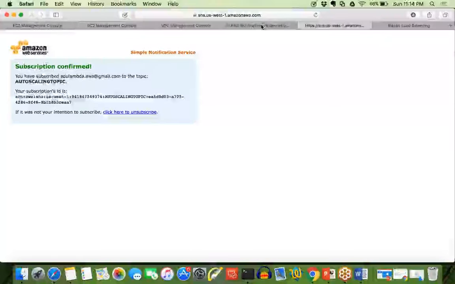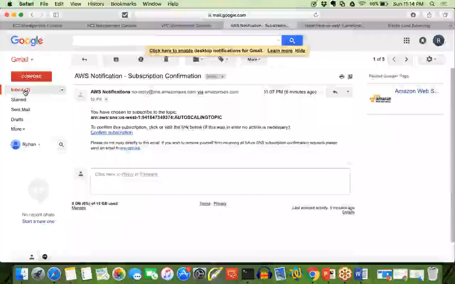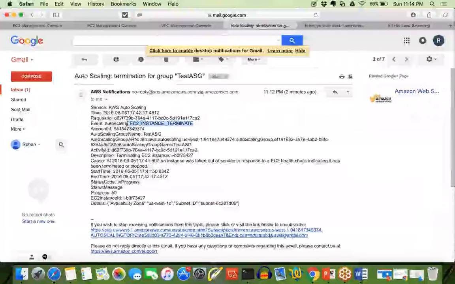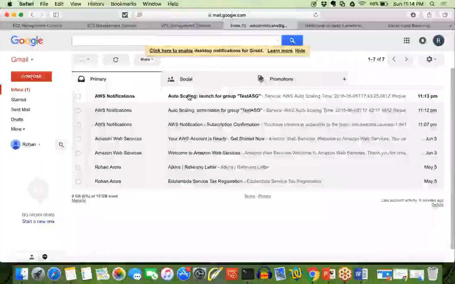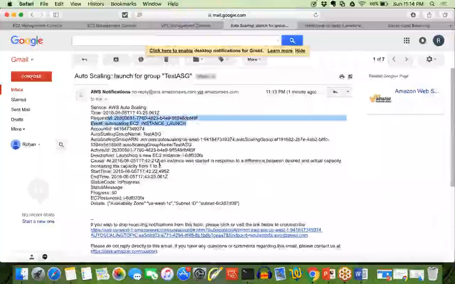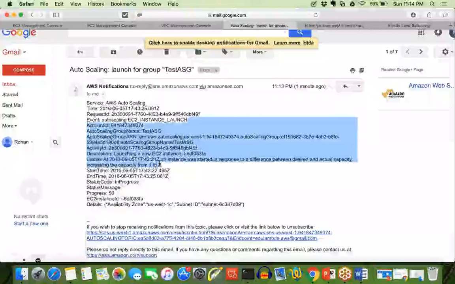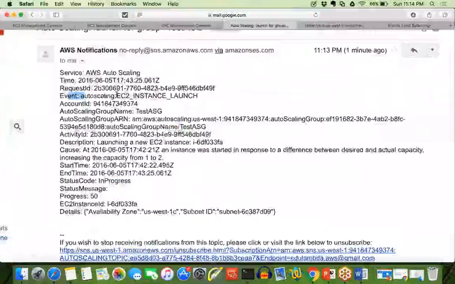So this is how it works. And for each and everything, you'll get a notification. For example, when I terminated this instance, I got a notification. When a new instance was launched, I got a notification. You can see this over here: Event auto scaling EC2 instance launch. For each and every event, it will trigger